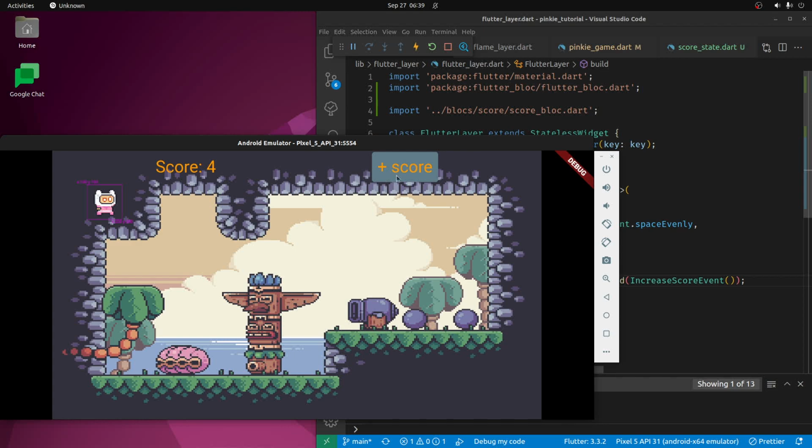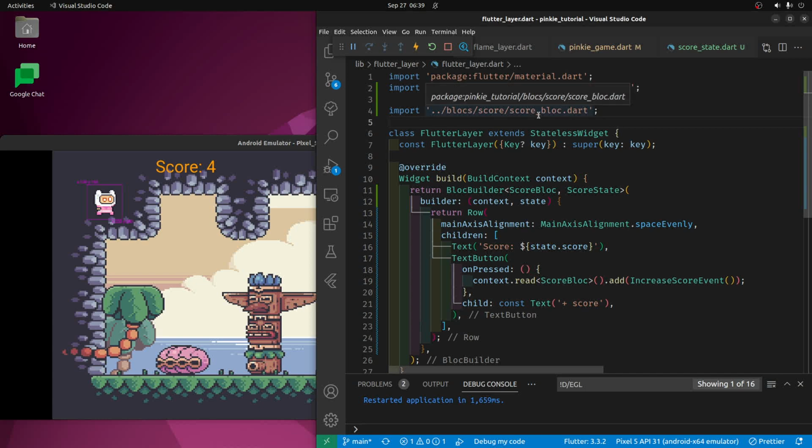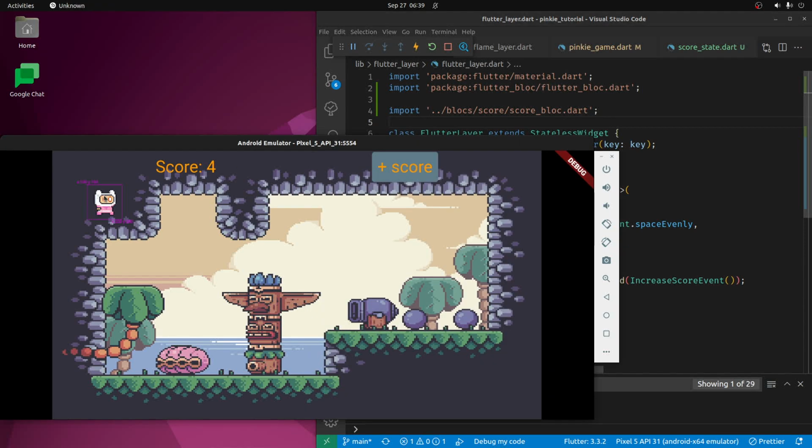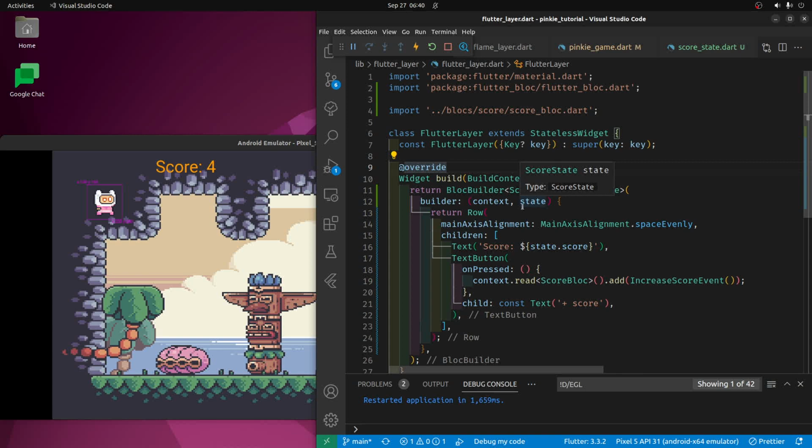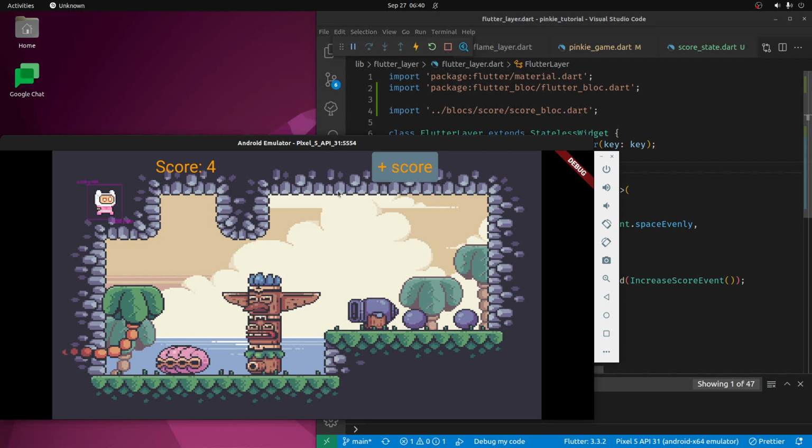It's a bit confusing. Potentially, I mean, it could be a lot to take in. There's a lot of concepts here. And BLoC is not needed, again, to use Flame. We're going through the tutorial so you know how to use BLoC, which is a state management for Flutter. And in the next video, we're going to connect the Flame layer using FlameBlock. So up until this stage in the tutorial, we've only used Flutter BLoC. The next video, we're going to use FlameBlock to control the score based on movements within the